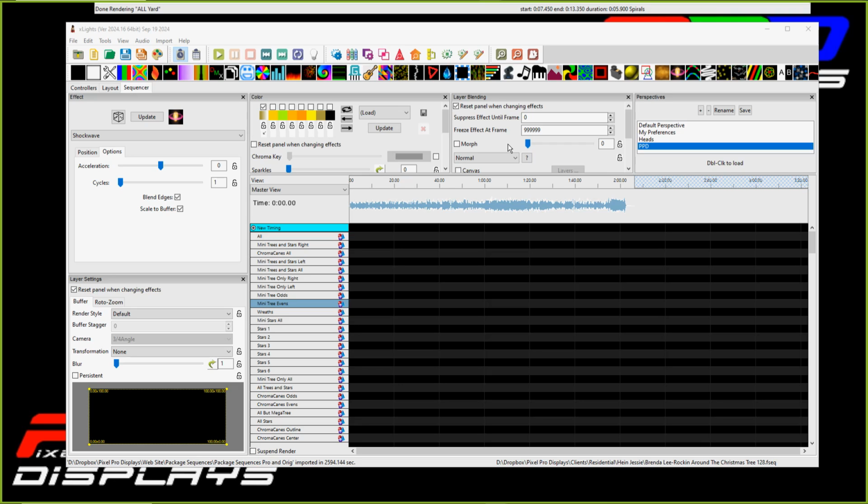Because I can tell you from experience, when I'm watching a sequence before I put it in the store, I actually go back and I map it. I not only map it to my layout, but I map it to 2 or 3 other layouts before I package it up for the store. The reason is because different layouts are set up differently, have different props in them, and I want to make sure that all of the props have significantly enough sequencing so when you do map, you don't have to worry if it's enough. I would rather over-sequence a song for you guys, and personally, it's a personal thing,